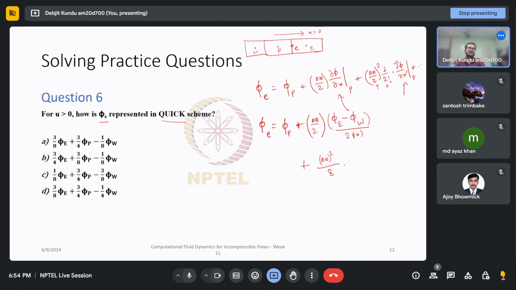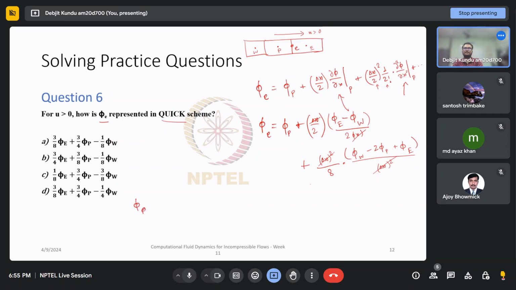The second order derivative using the central difference scheme would simply be φW minus 2 φP plus φE. This delta x squared gets cancelled, and we are left with,